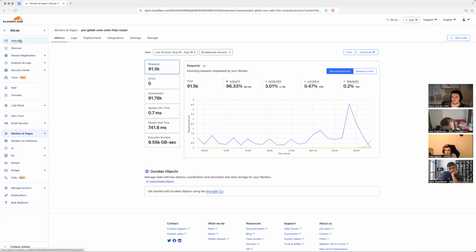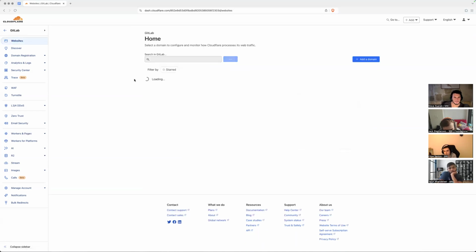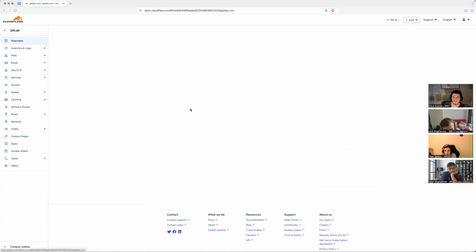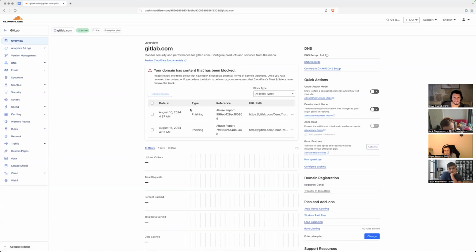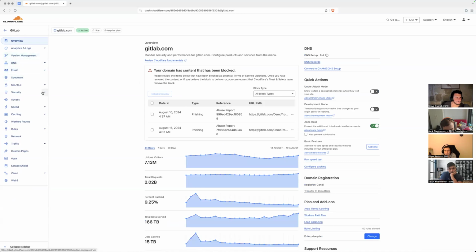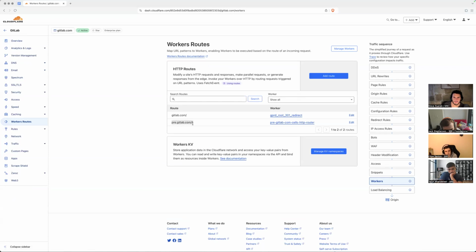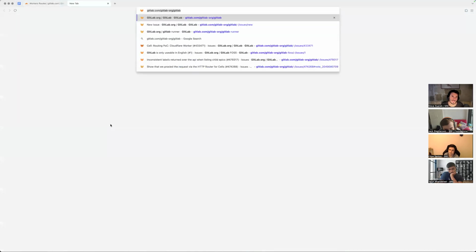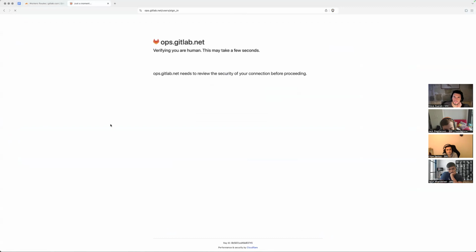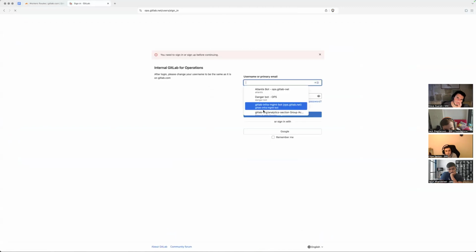All you see here is the worker deployment itself. Then on the zone there is the routing. So when we deploy the worker, nothing happens, and traffic only goes there as soon as we add a route to it. So if we go to worker routes here, we see there's one for pre. Right now it was a wildcard, but this is managed inside of the config management repository. So if we go here,